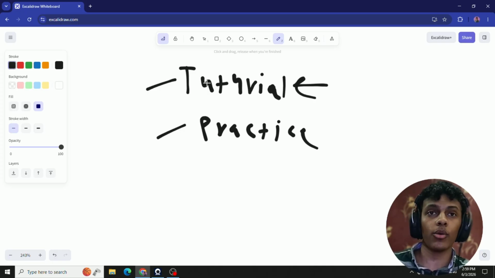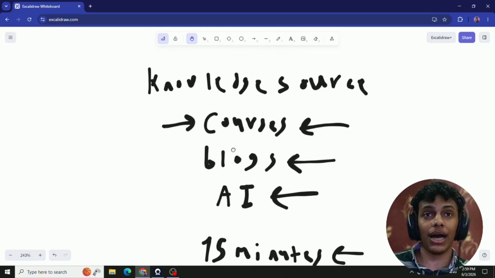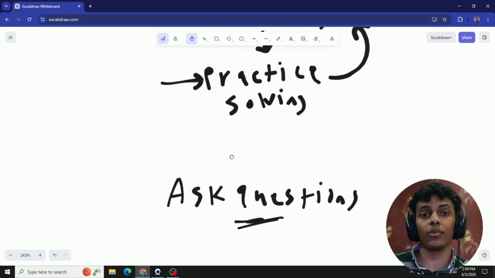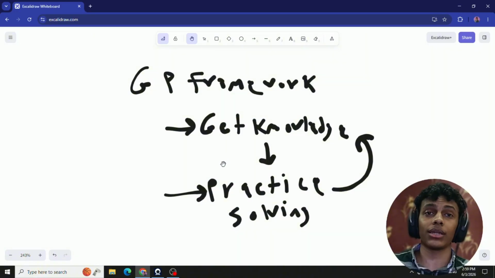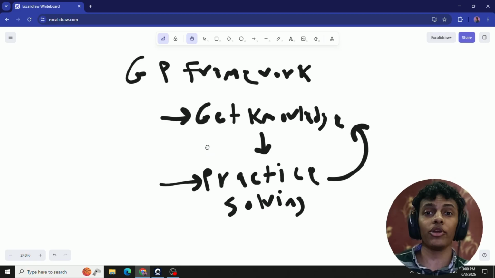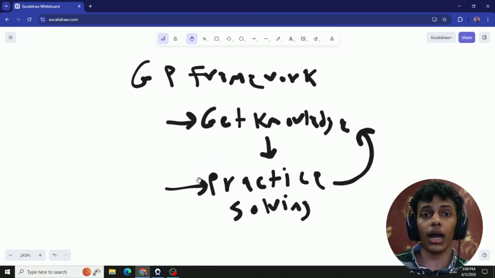So the GP framework is awesome. All of this is what I concluded after years of working and teaching and learning in software engineering, a lot of stuff. You can take a screenshot of this framework, the GP framework. Just put it on your phone and always get back to it.